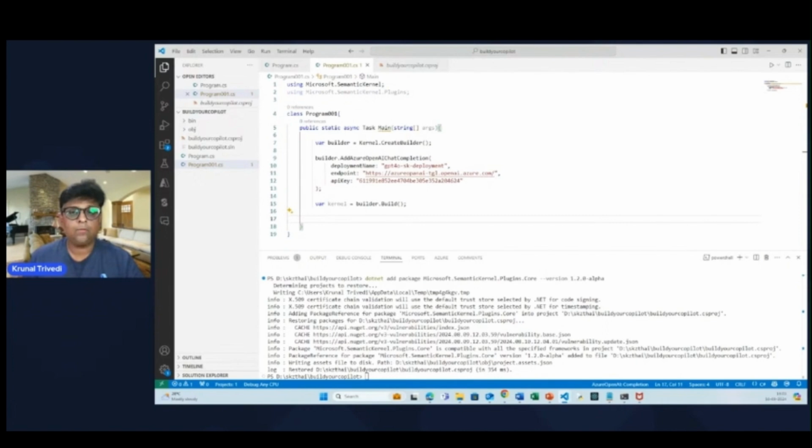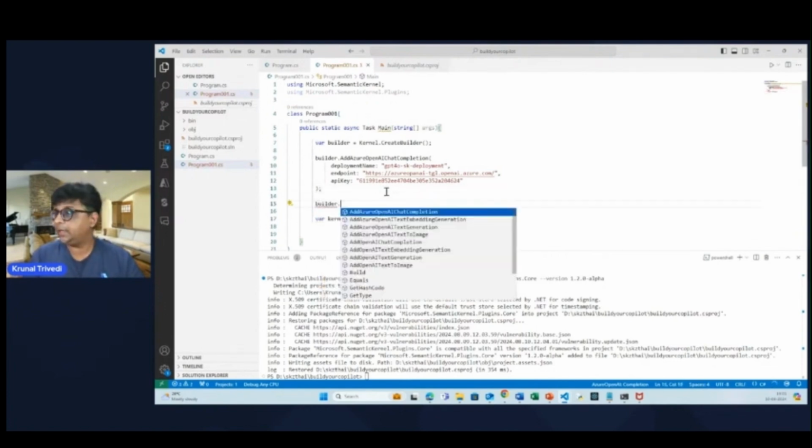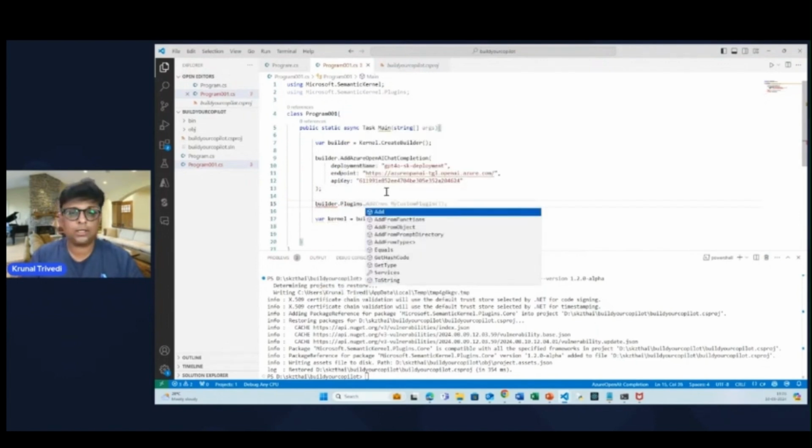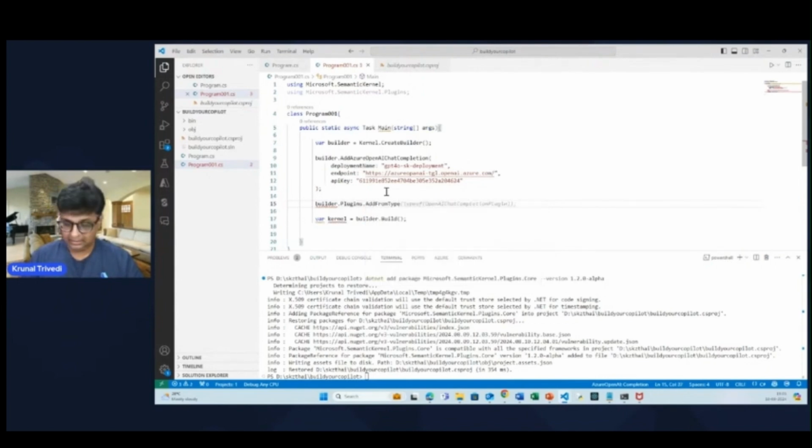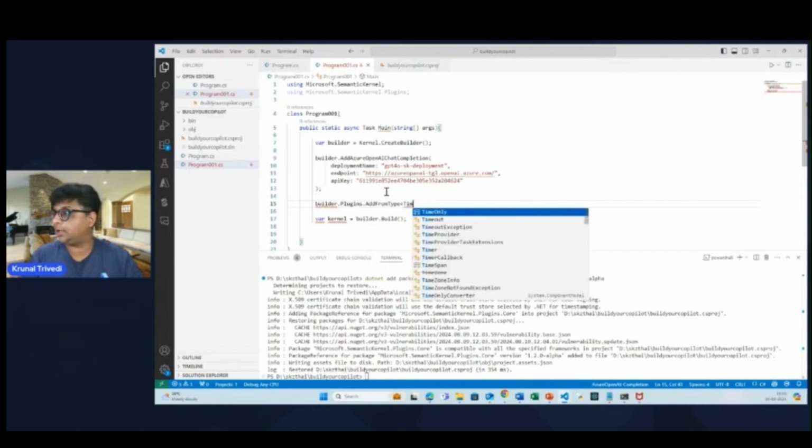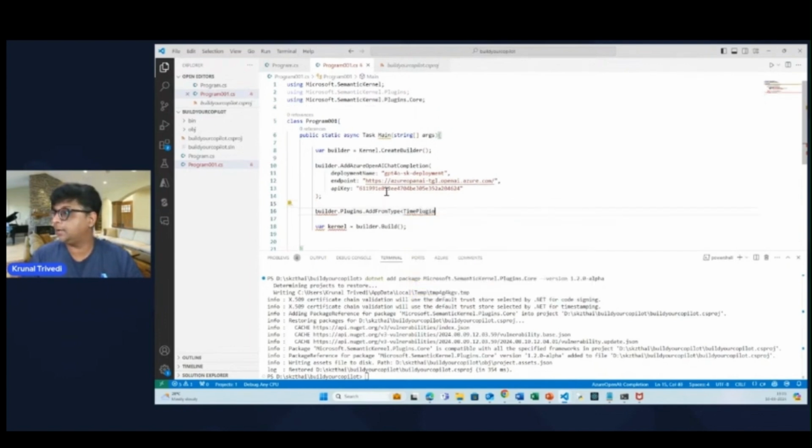Now, before we build it, I'm going to add a plugin, and we have one plugin called time plugin available. So what I'm going to write here is, use this builder.Plugins.AddFromType. We have a plugin called TimePlugin. So I'm just going to add this time plugin here,